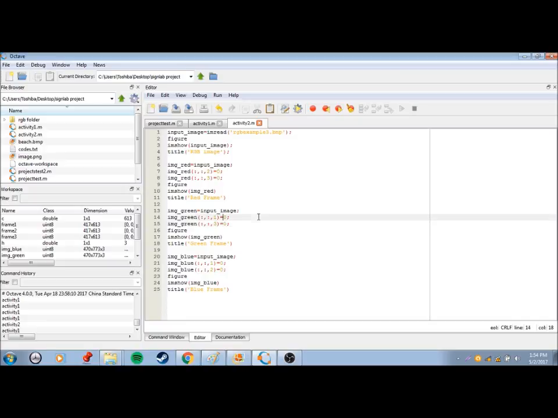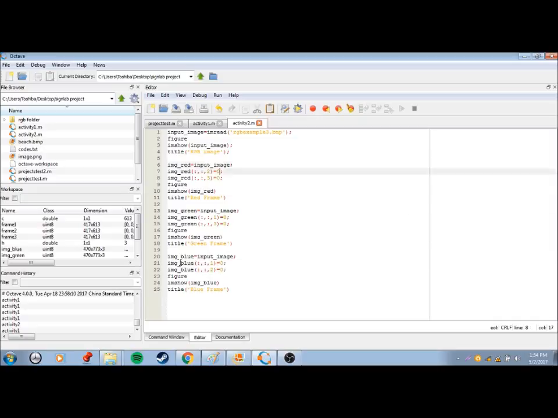So we set both to 0, then we show it. And similar to the other two, to access the blue frame, we set the red and the green frame to 0. The first is the red and the second is the green, so we set them both to 0.